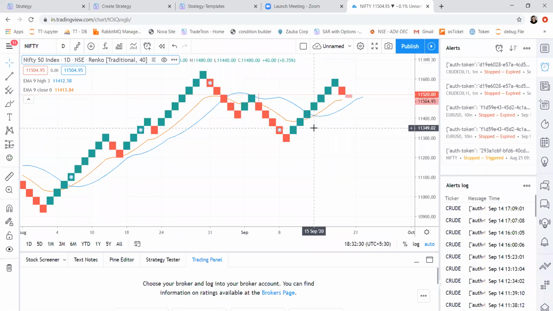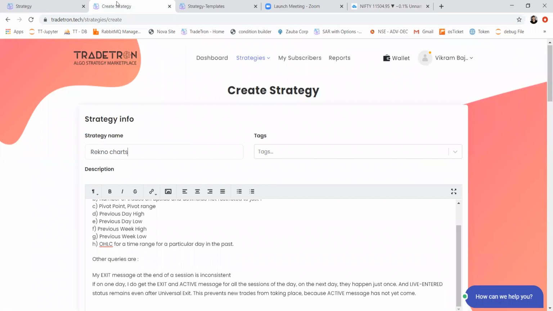So when you are creating strategies on Renko, please observe during the live market how the Renko chart moves, and how the candles get repainted during a candle. Please observe it for a few days before starting trades based on Renko charts.